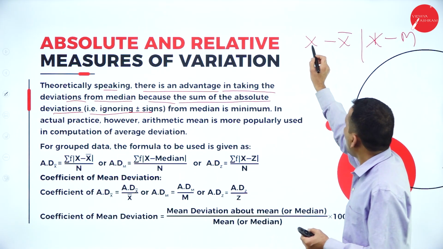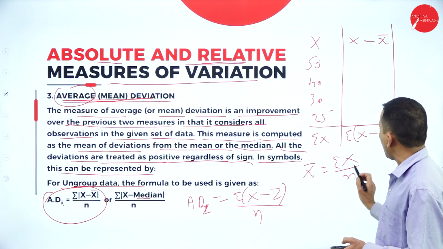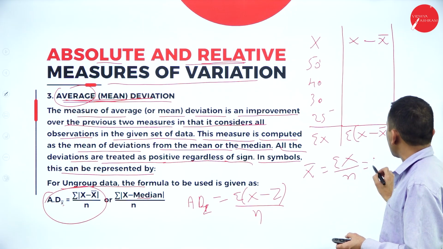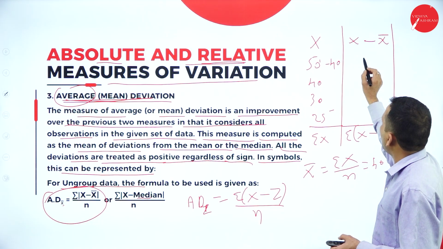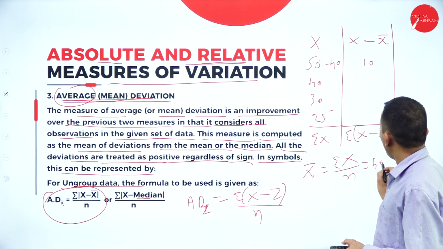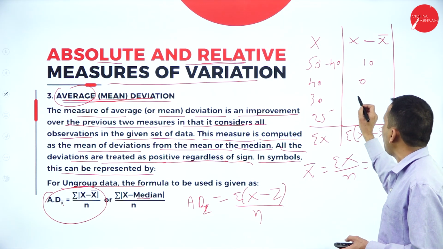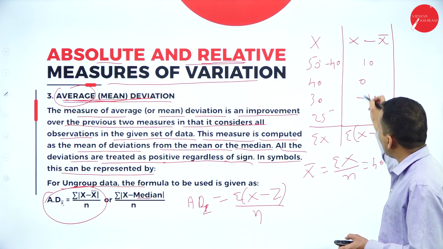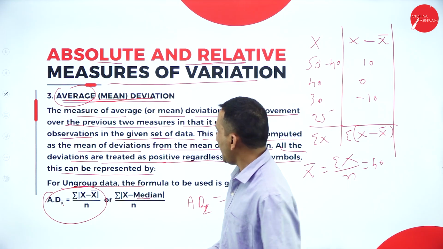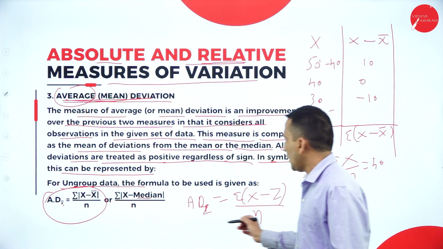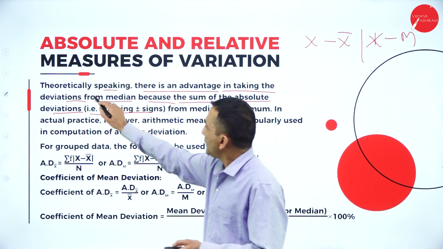So the sign after calculating: for example, in this case, when you take your x bar value, you are getting, say, 40. So 50 minus 40, you are getting a plus sign. Now 30 minus 40, you are getting minus 10. But in this case the sign is completely ignored, we are not considering the sign. Symbolically, according to the formula, now moving into the coefficient here,